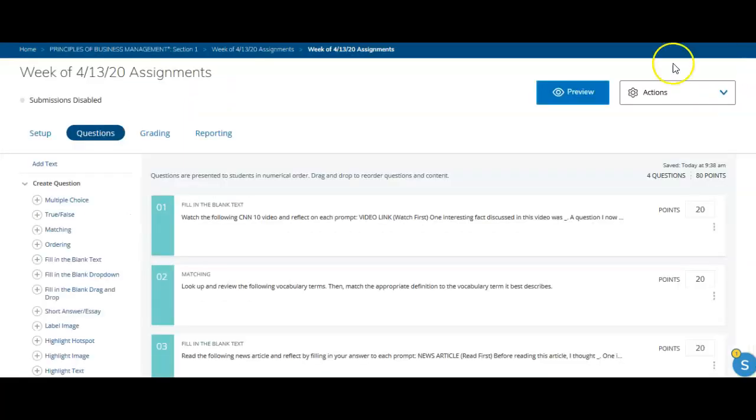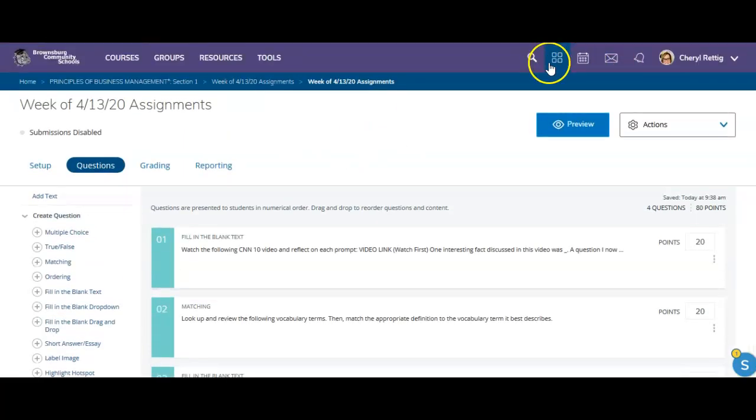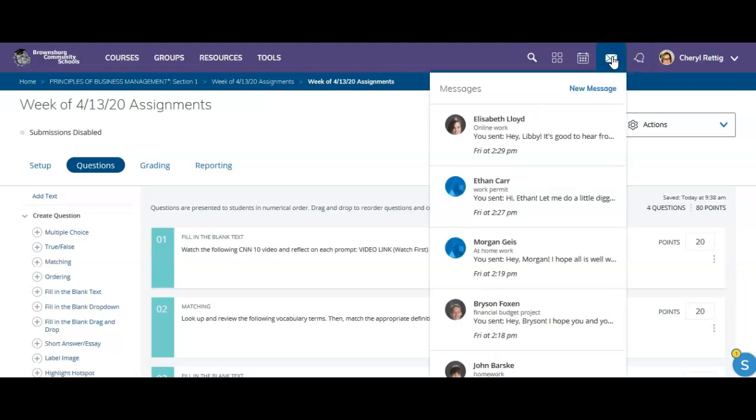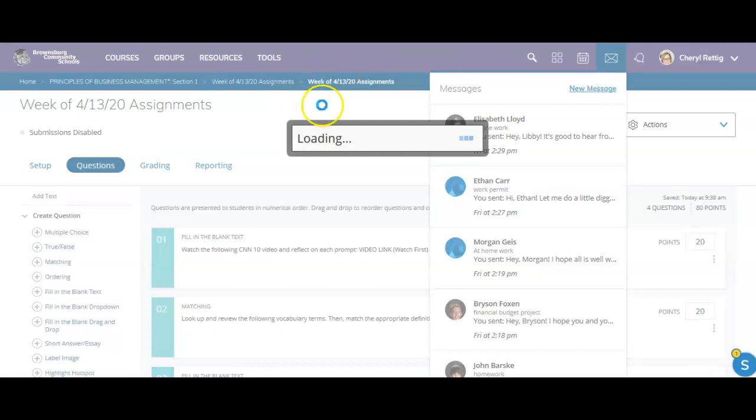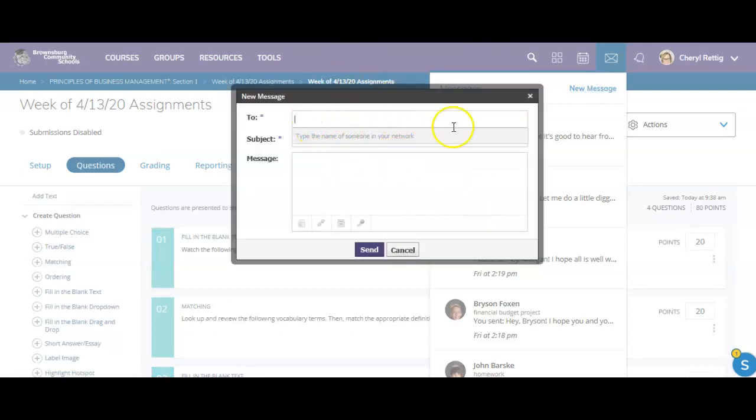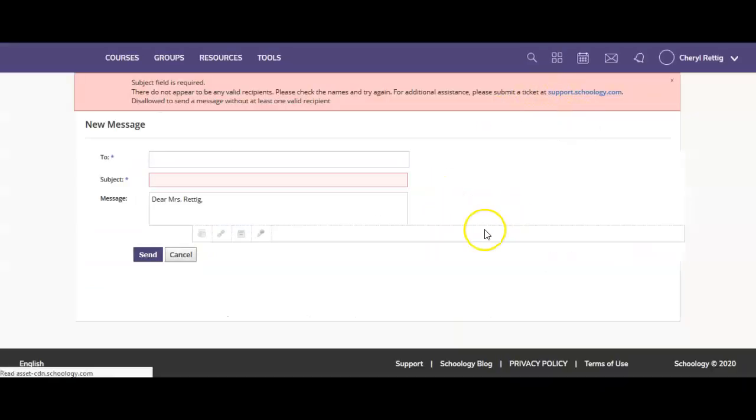let's get back into Schoology and I'll show you where that's at. Up here, you see all of these different tools. This little envelope is the messaging tool. So you just click new message and you will see that you can write a message. So you might say, Dear Mrs. Rettig, and then make it professional based on what you learn in that assignment. Okay, so that is